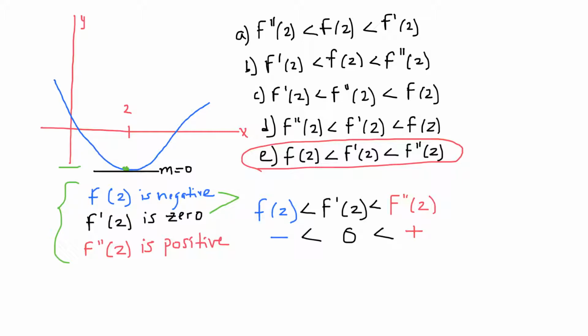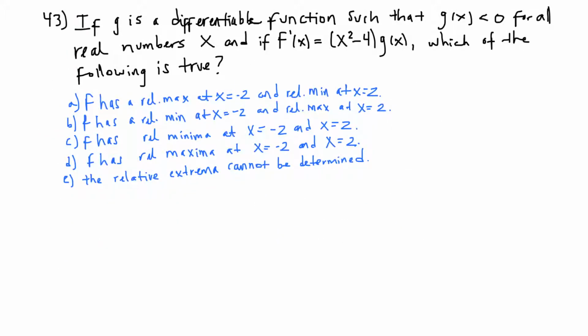And so now I'll try another question. Here's example 43 on page 38, and I wanted to talk about this one here. It's similar to the question that we went over in the first video that I sent to you guys yesterday, I think, because they want to know when the function is, well, it's not quite the same, but you'll see right now. This one says if g is a differentiable function such that g of x is less than 0,